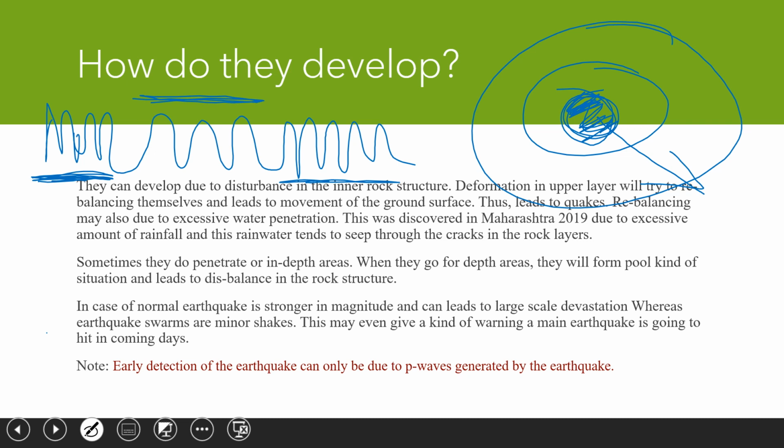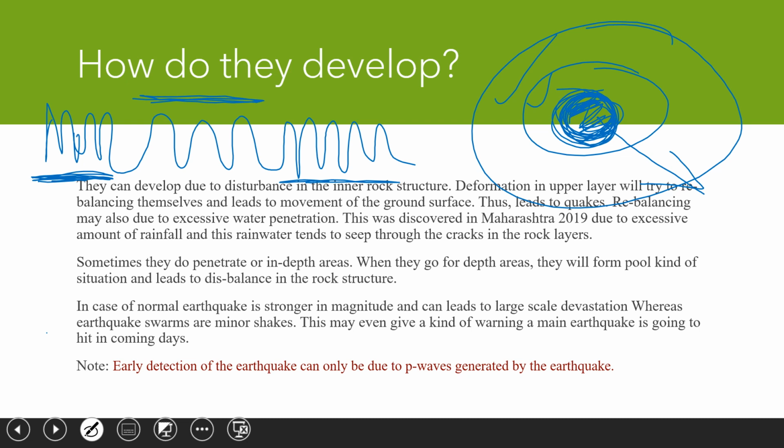There are two types of waves, primary waves and secondary waves. P waves are nothing but primary waves, and the secondary wave does not travel in liquid. When secondary waves come, they hit your mantle and your crust, but we won't observe the secondary wave in your core, because the core is in liquid form, and ultimately the secondary wave is lost in the core. These things we will discuss separately in the earthquake geography lecture. I have just given you an introduction to why P waves are important to detect the earthquake.